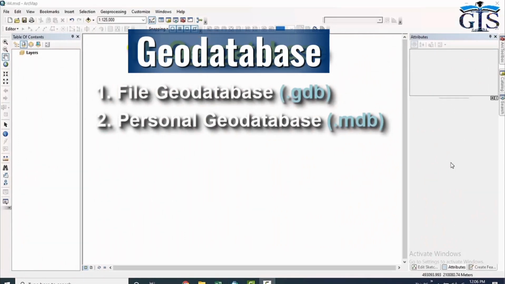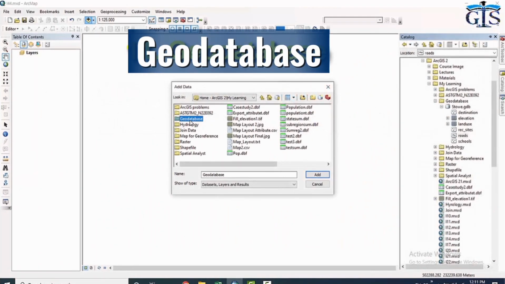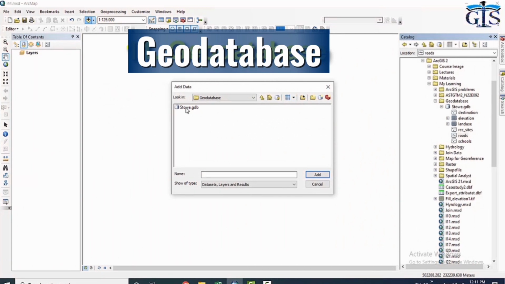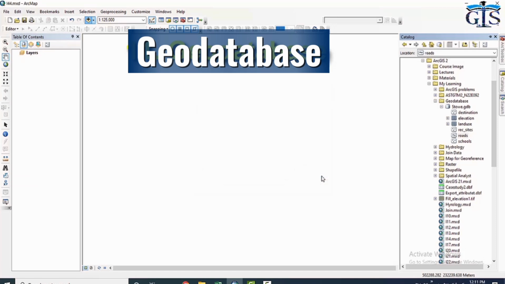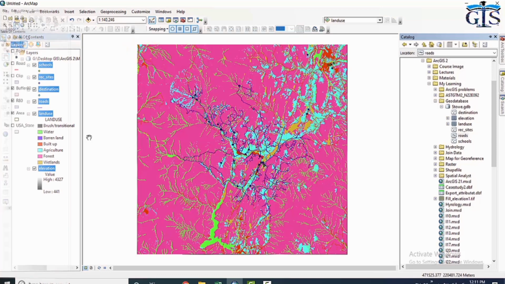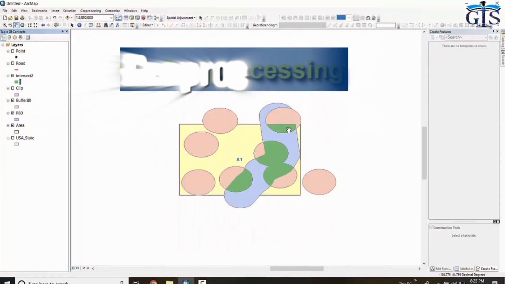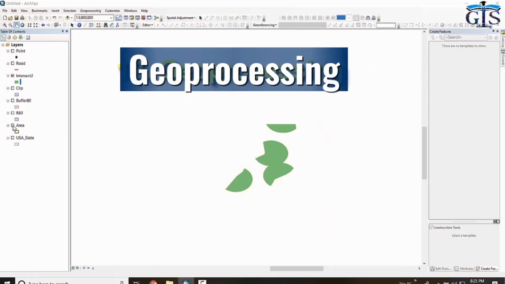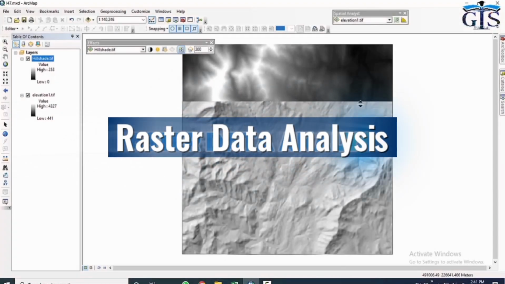What is geodatabase? How to create a new geodatabase, how to add new feature classes, how to import another shapefile to a geodatabase feature classes, and how to export geodatabase feature classes to another shapefile. Everything about geodatabase. And we will learn geoprocessing based analysis, raster data analysis,